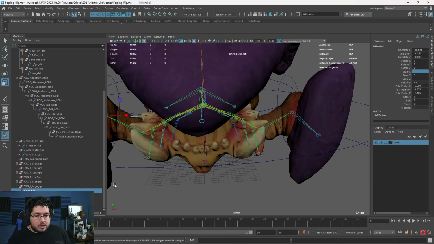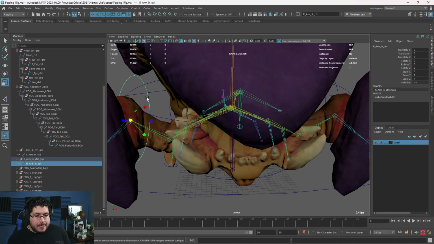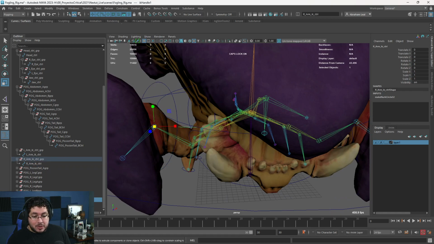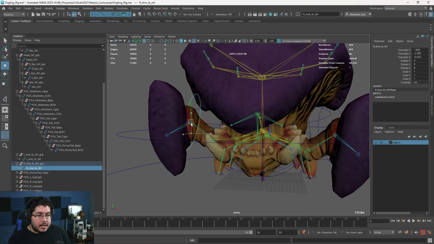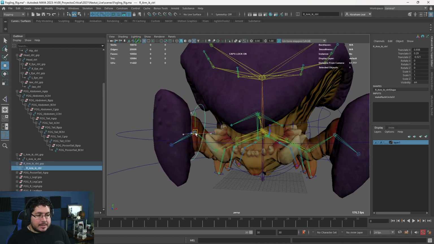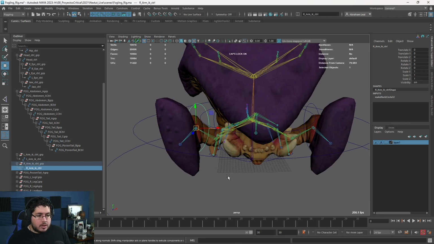Now we do have one thing called the IK handle right here. You do not want to get that into any group just yet. I'll explain why in just a second. Now we grab the IK handle, and the IK handle is going to be parented to the IK control. So where the IK control goes, the IK handle will follow. Okay, that's the way we rig the IK handle. Very simple way to rig the IK handle. Now for this one, we can actually use our script again.